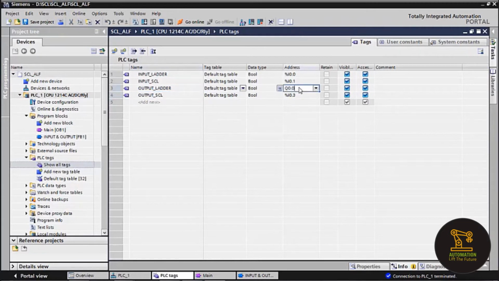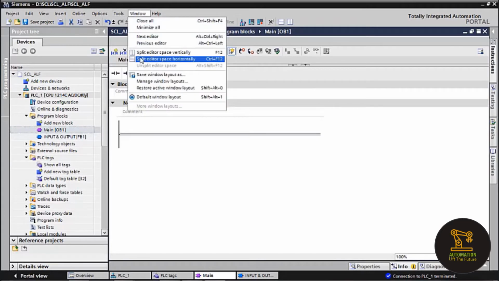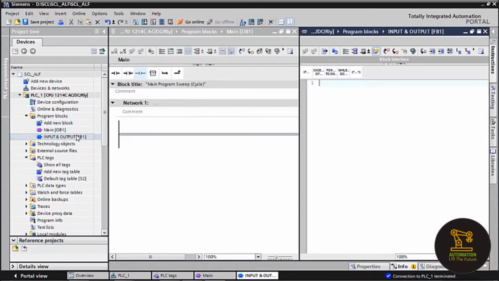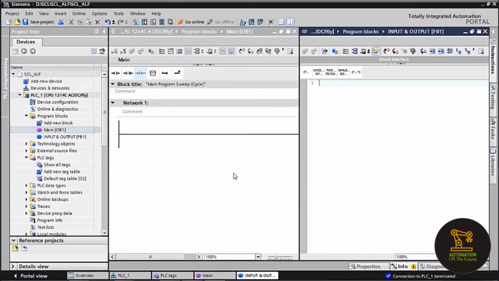I am using this tag in the function block. In the same way, output ladder and also output SCL. Change the addresses to Q0.0 and Q0.1. Now we have taken a set of tags for the ladder logic and also for the SCL.